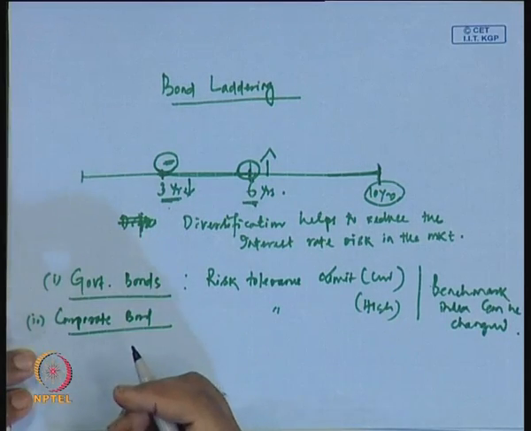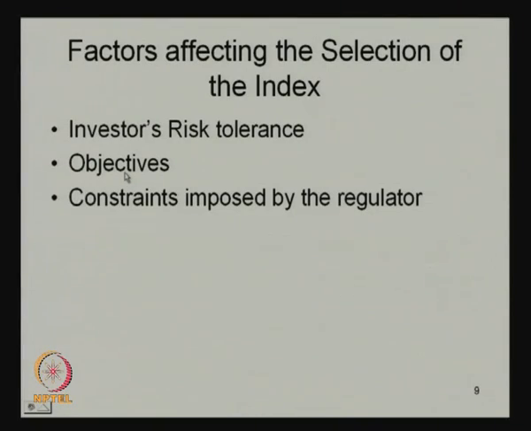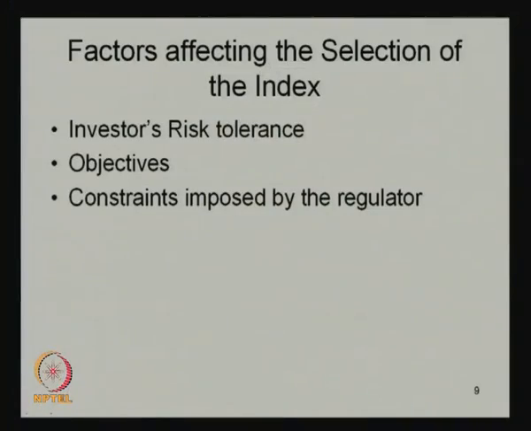Another factor we have is objectives. What do we mean by objectives? The objective talks about what this investor wants. Whether the investor really wants to maximize income, or wants to hedge a certain amount of risk because of changes in the interest rate in the market. Therefore, if it is clear from the beginning what the basic objective of the investor is, we should take the position in such a way that